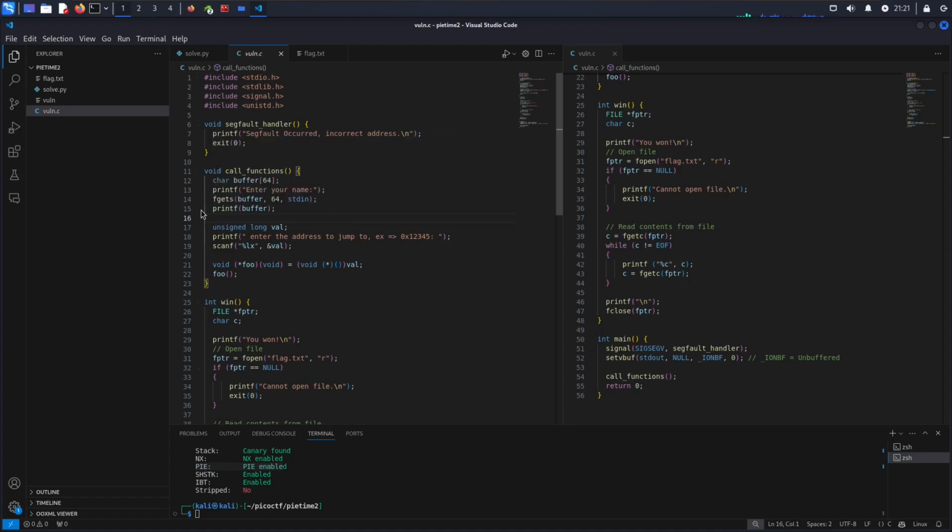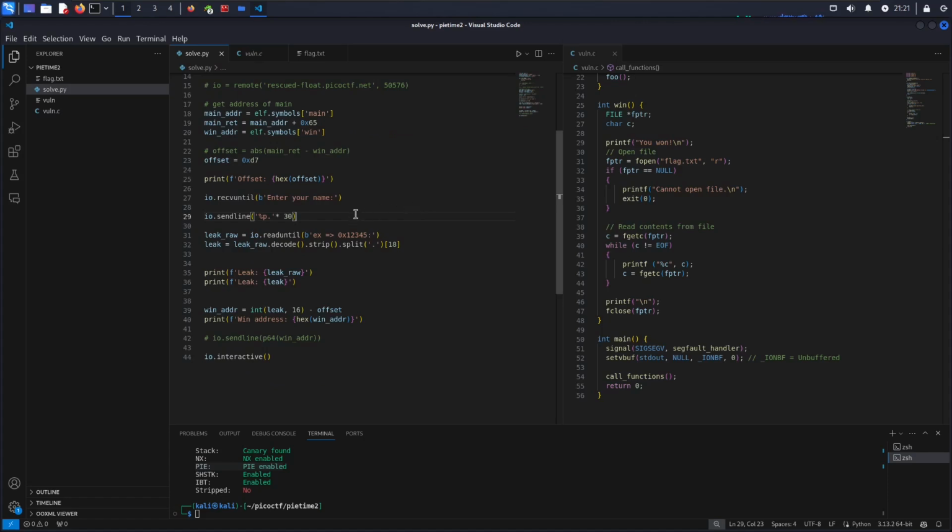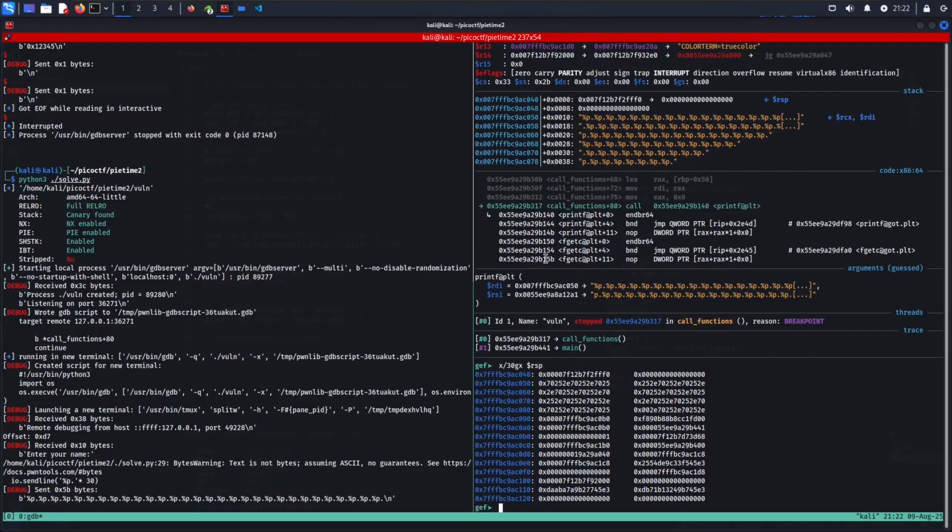So we can see here that the printf that's used is taken straight from the buffer, which allows us to do a string format vulnerability. So we can have a look here. I've just written a little sample code where it asks us to enter our name and then it'll put it here. So with the printf, it's saying, hey, give me 30 pointers and print them out. I've got the program running and debugging over here. The important thing to note is that because we haven't provided enough arguments to printf, it'll start reading variables off the stack. So I've printed out the stack here and we can see,